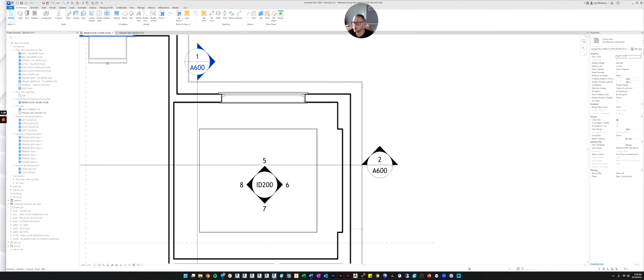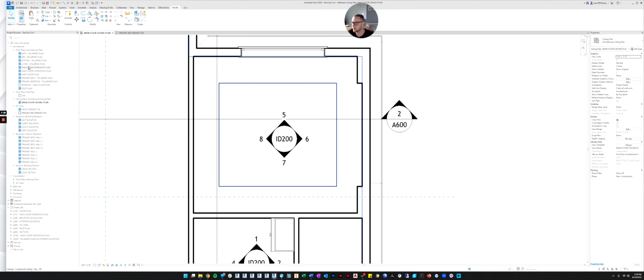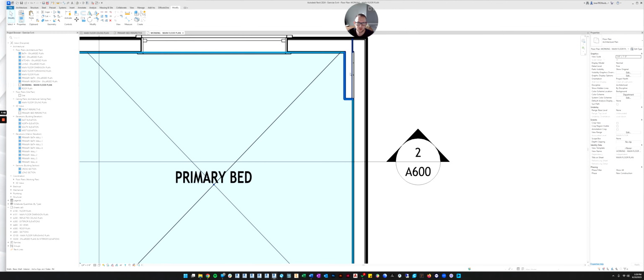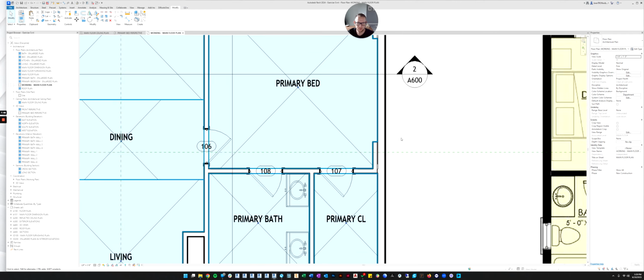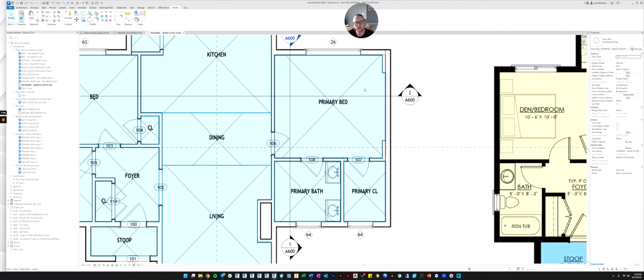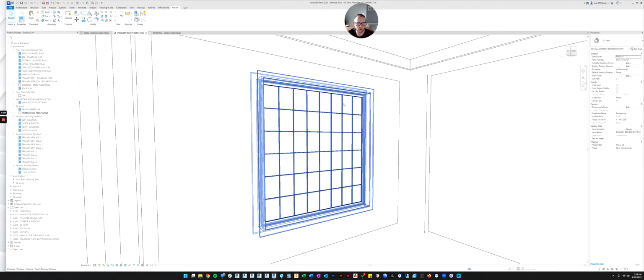Let's do another wall down here, 2 feet out, and then they join. In fact, if you go to the modify command, you can even use the join tool to join the walls so that in floor plan they look good. So if I go back to my floor plan, the walls have been joined together. They actually look a little funny, but it's close enough for now. If you were working for me, we'd probably figure out how to make that look better, but right now that's probably good enough.